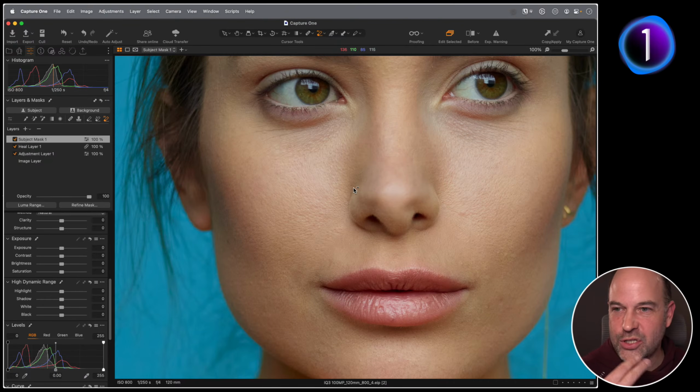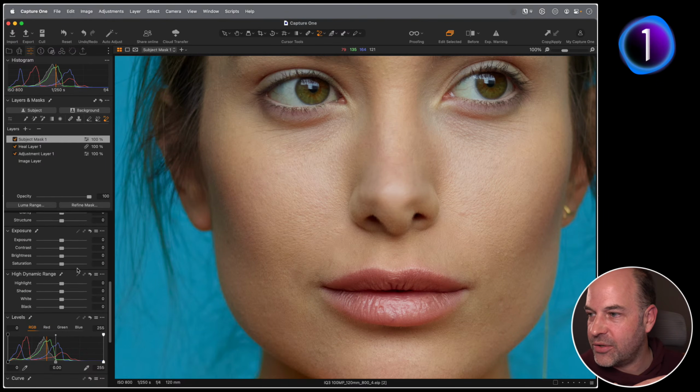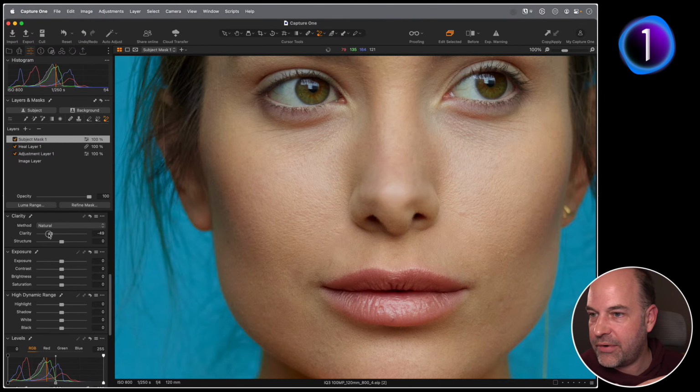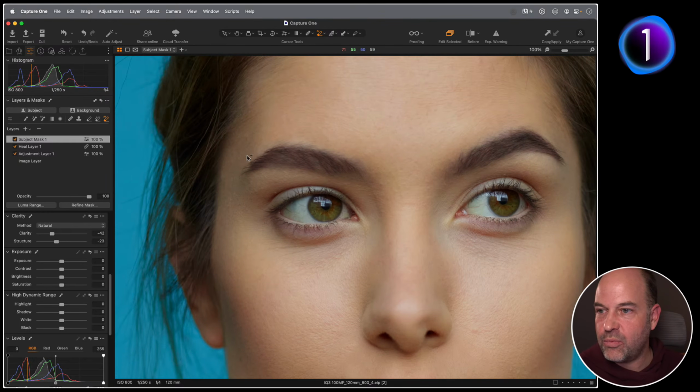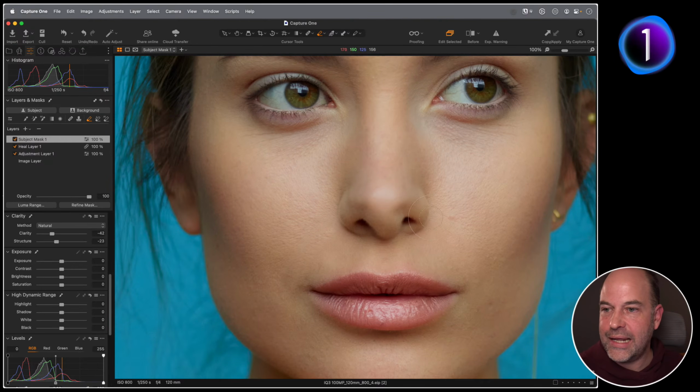So people were asking about softening and those kinds of things. You can do some negative clarity, which will just take the edge off a little bit. You can also do some negative structure. I would just be wary though, because you will start to soften other things. If we turn this layer on and off, you can see before and after. If you wanted to erase the eyebrows perhaps, I could just do that manually, take that out, take this out. This way we're doing a little bit of softening, but we're not softening important things like eyes, lips, and so on.